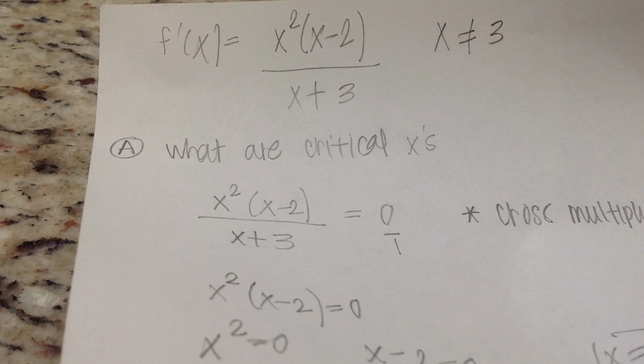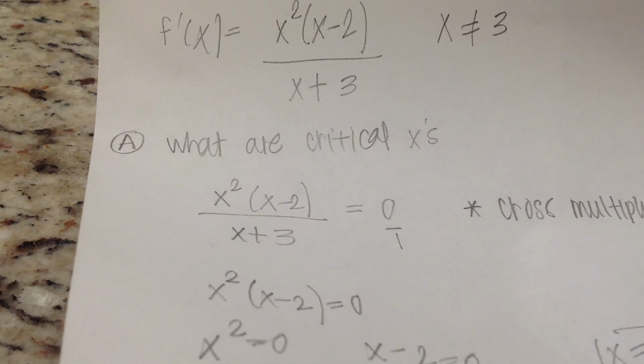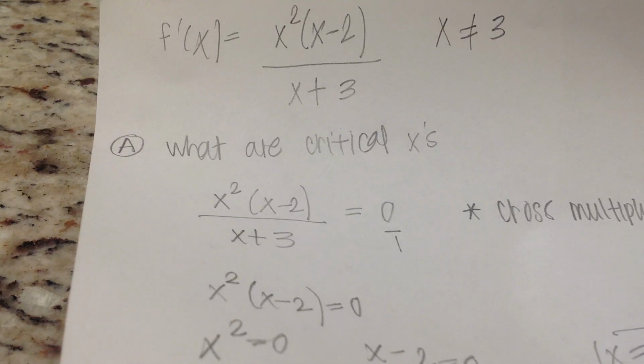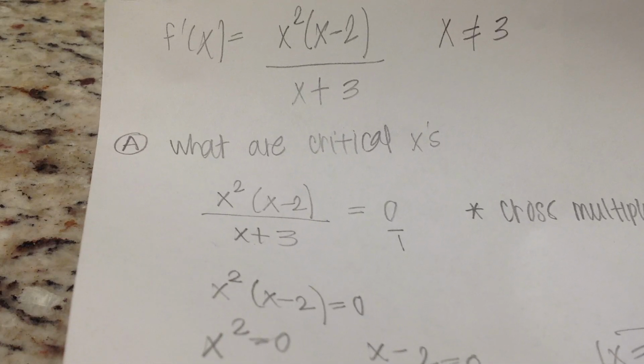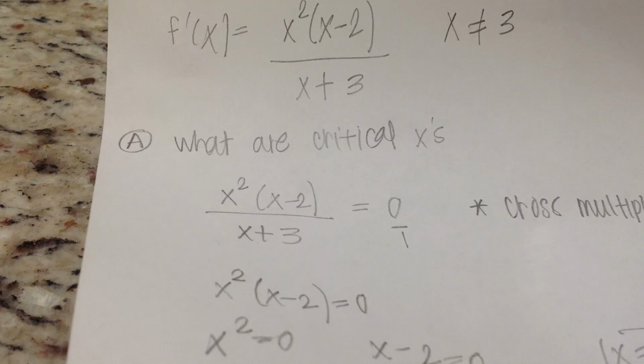Part A says, well, what are the critical x's? So I didn't have to find the derivative, it was given to me. So you take the function that was given to you and set it equal to 0. Now, the derivative is rational. So when you set it equal to 0, think of that 0 as being 0 over 1, and you can